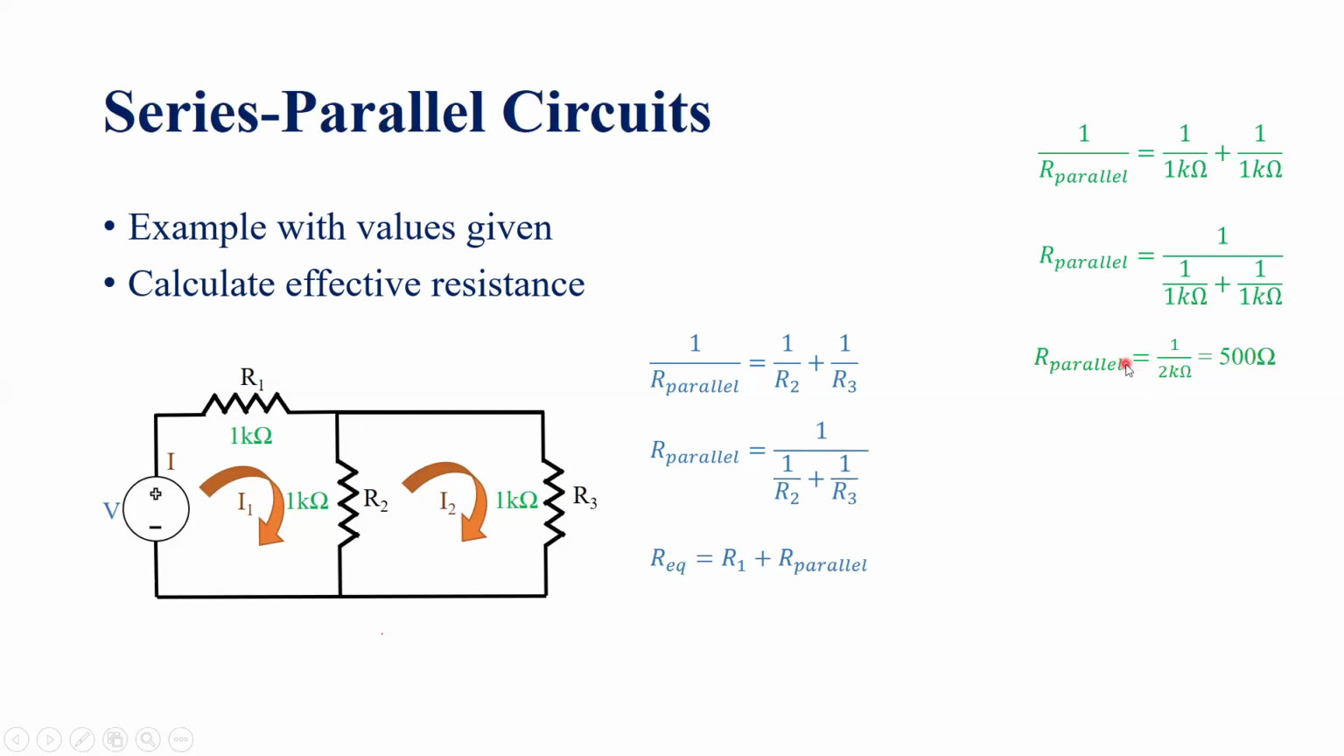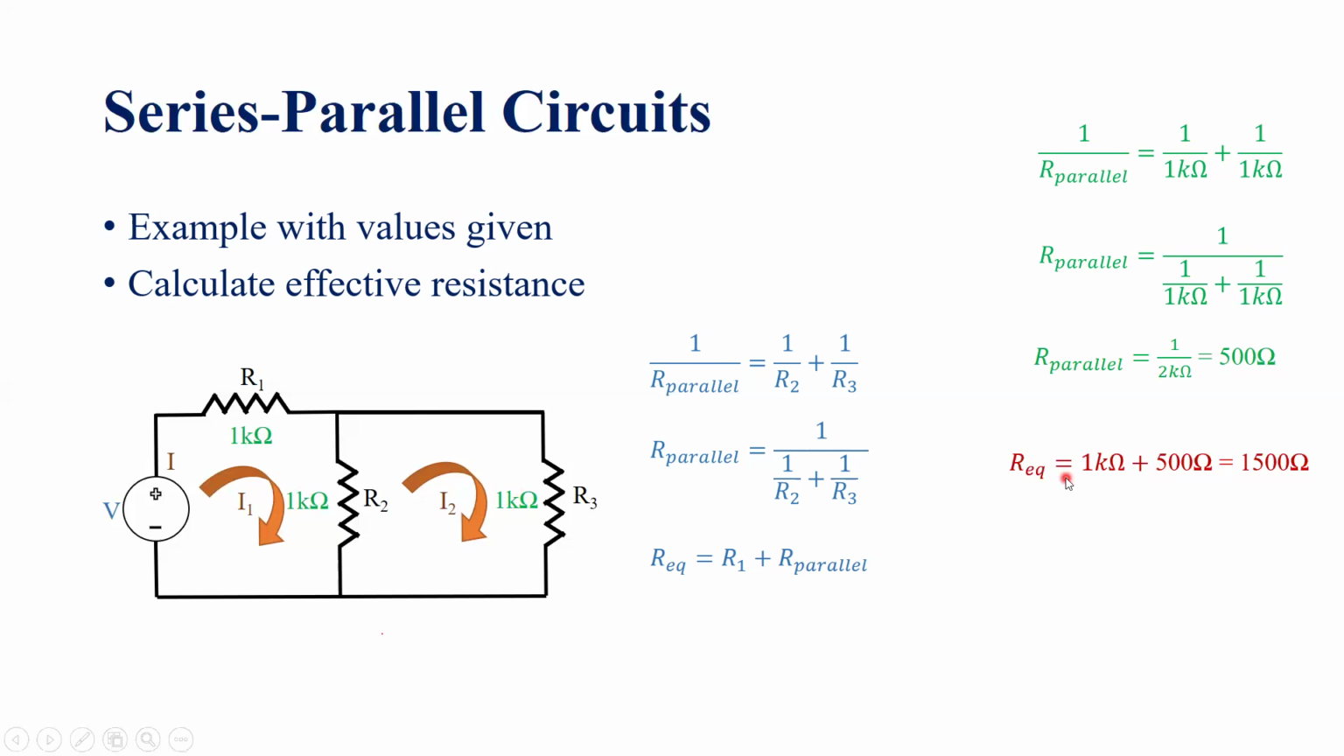Once you know the value of R parallel, you can then calculate R equivalent with this formula, which is R1, that is 1K, plus 500 ohm, which is R parallel. So total equivalent resistance of this network is 1500 ohm. So this is how you can use these formulas and a method to calculate the equivalent resistance of any series parallel network. You have to first understand what combination of the resistors are in series and what combination of resistance